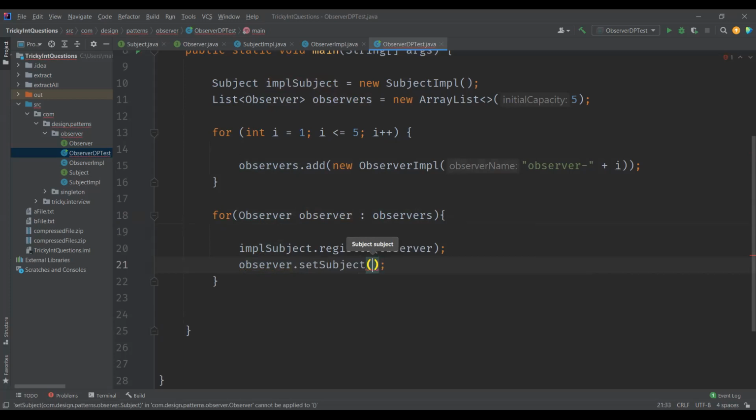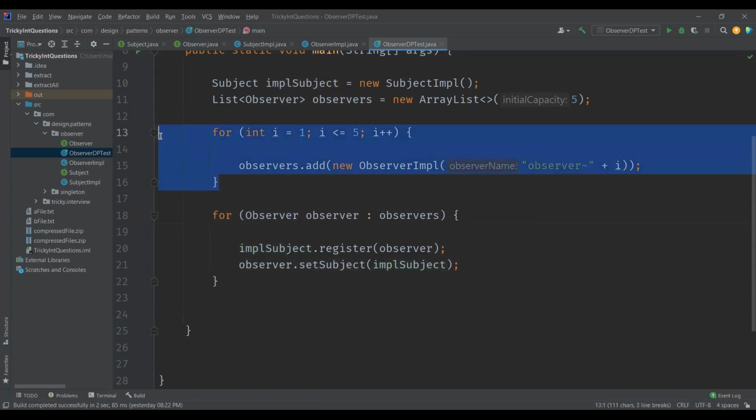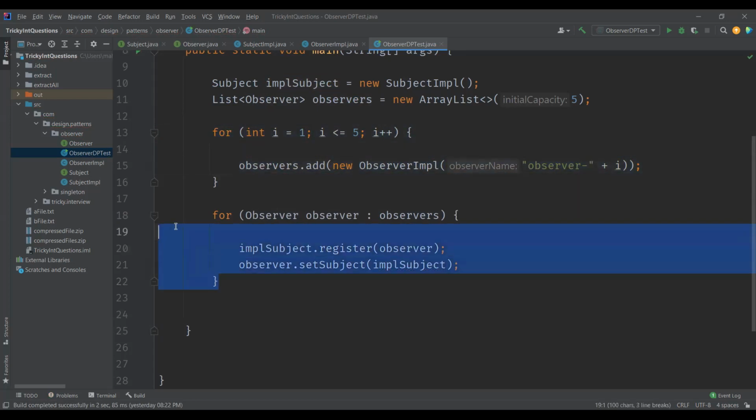So it is simple. With the first loop we added the observers, and with the second for loop we are registering the observer to the subject, as well as setting the subject on the observer.